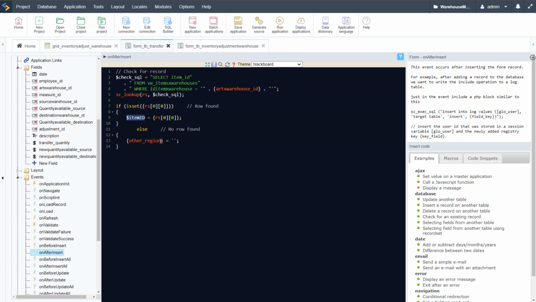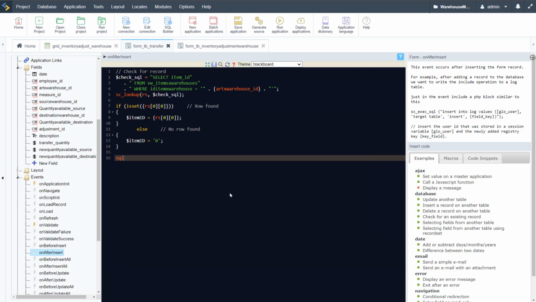And here I will adjust that. So if item ID, item ID can then equal 0. Okay, so next what we want to do then is apply our own update statement so that the warehouses are